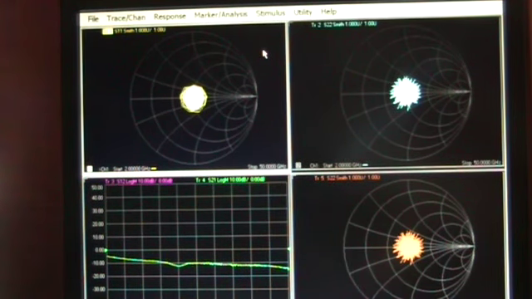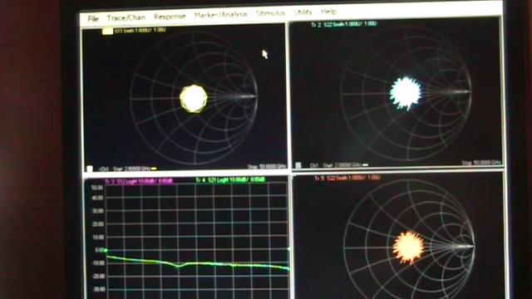Okay, we're in the Tuner Cal state file. What we have set up here is we're sweeping from 2 to 50 gigahertz in 100 megahertz steps. Very similar setup to the cable calibration that you saw. The only spin here is that we actually have two different channels running on the PNA-X here, and the top two windows and the lower left window, these are all running from channel 1, which happens to be a full two-port